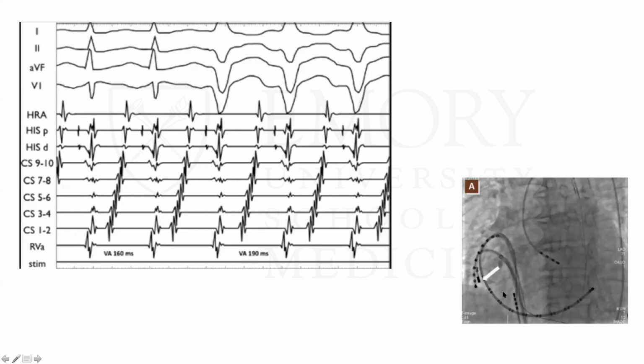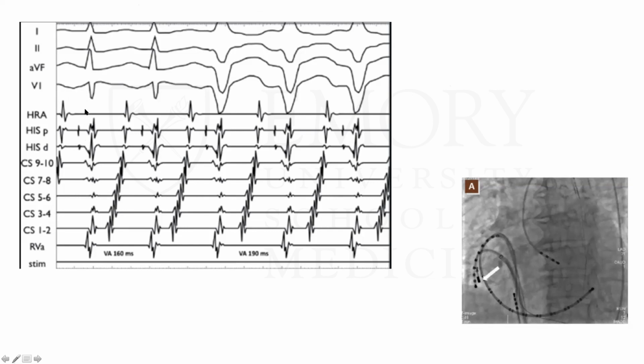So usually, when a lot of people have conduction from the ventricle to the atrium, the normal conduction is up through the septum, right through where the His bundle and AV node is. And so in a normal person without an accessory pathway, your earliest atrial activation will be at around 3-4 or 5-6, which is where the septum is. So the only way to be activating 1-2 earliest is if you have a bypass tract or an accessory pathway. And so because in ABRT,